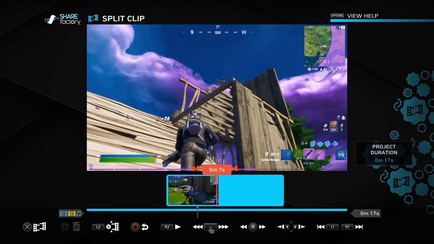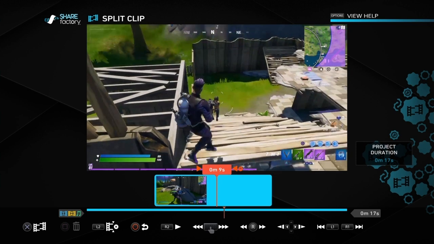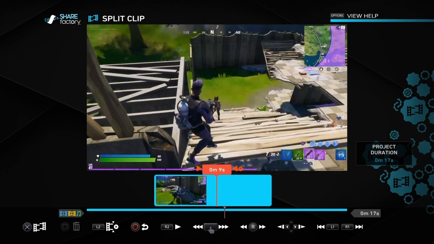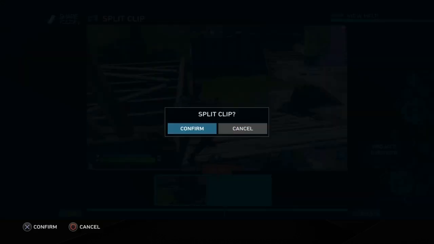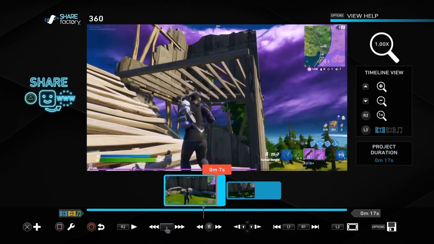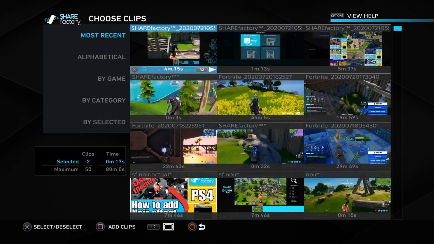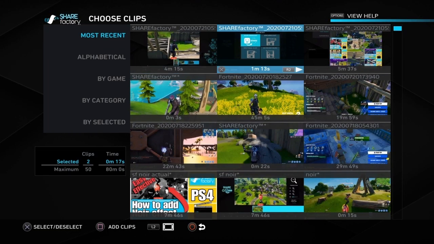And then once we've done that, we want to forward it through to the point where we got to before we started the 360 recording. So it was about here. You can use the D-pad to go frame by frame. Once you've got to that point, you want to then split the clip. Okay, once you've split it, then you can push the cross button, go to add, and we want to